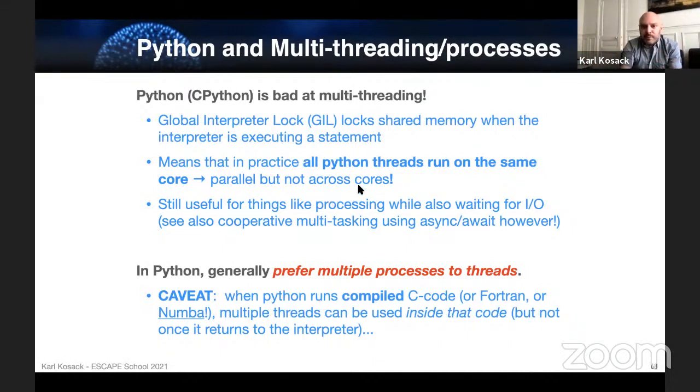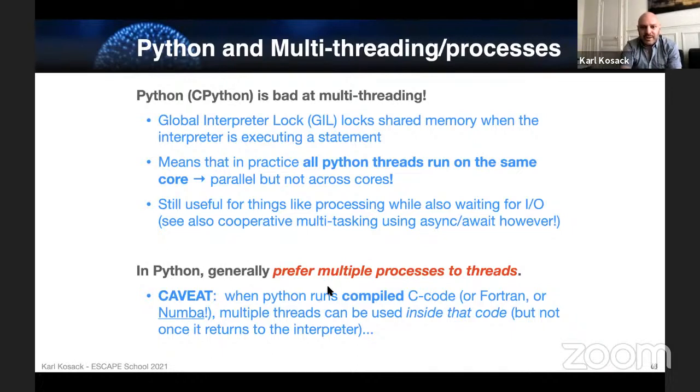However, it's still useful to do multi-threading in Python for things like waiting on blocking operations, waiting for some IO to come in. Having that in a separate thread will still speed up your code, but it won't really run multi-core. It's still always one core. Unlike in C or Java or something where multi-threading really will run on every core. Depending on how you lock the memory internally yourself, you still have to manage that, but it's easier to get multi-core performance.